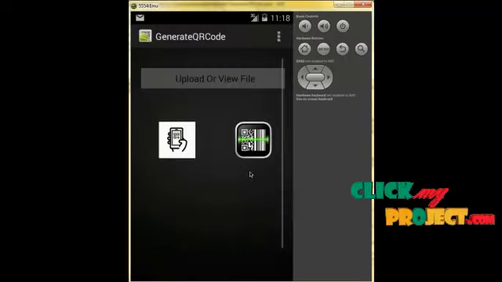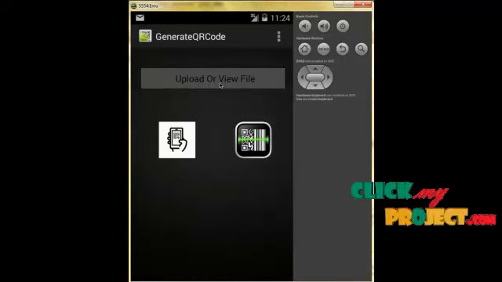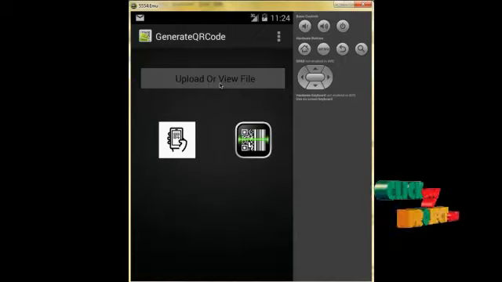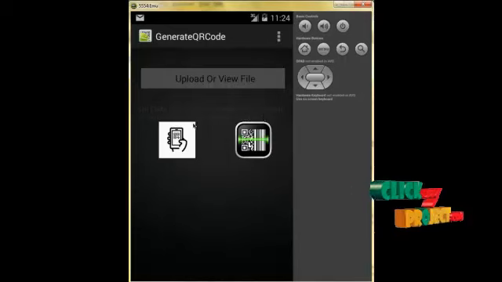The next screen is upload or view file. This upload or view file button will display our text file which we already wrote in the external directory. Click on this. We wrote: QR code is a machine readable code consists of an array of black and white squares.